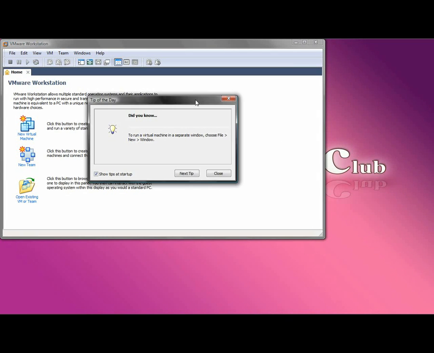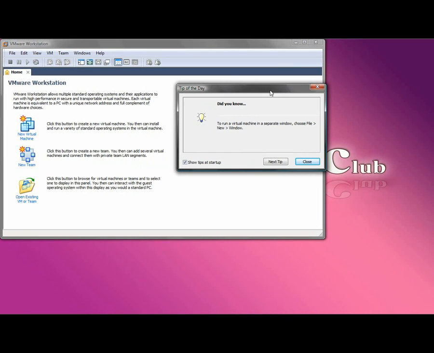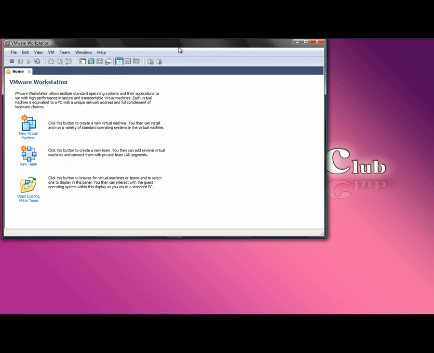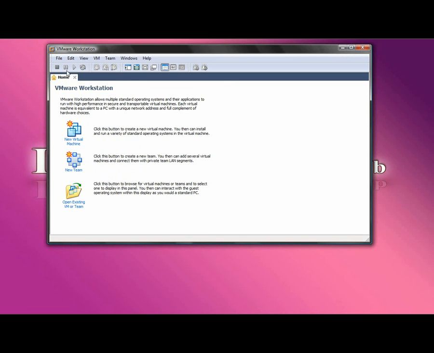So after a restart, you're going to get a license agreement. After accepting, you're going to find this thing, which is called tip of the day. You can go through it if you have some time. So right now, what matters are the key things which you need to concentrate on in a VMware